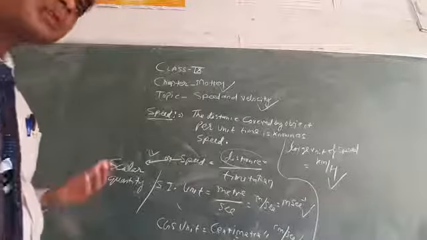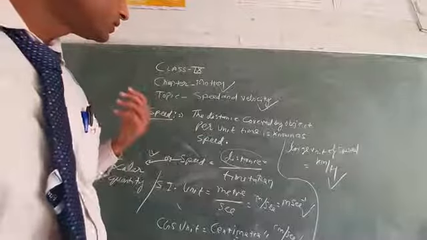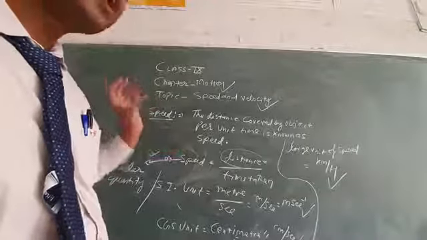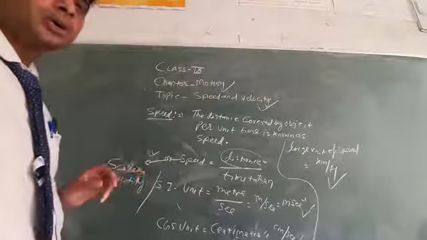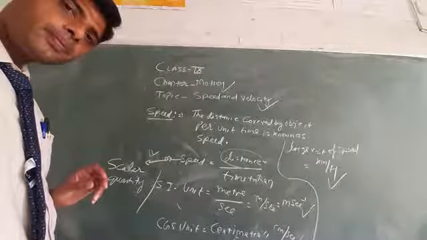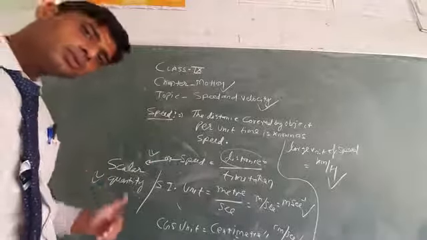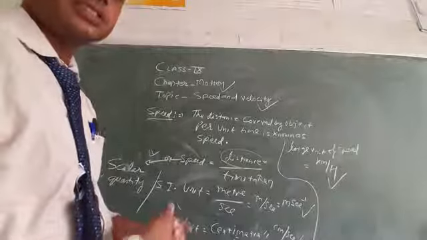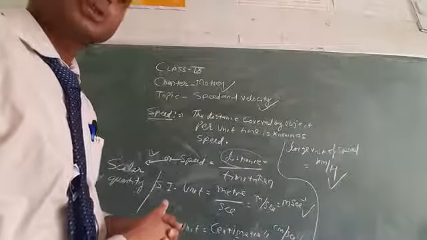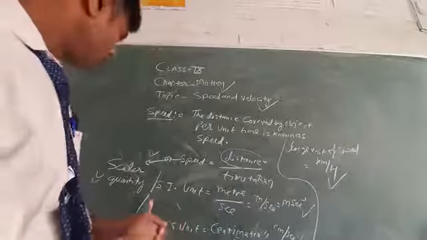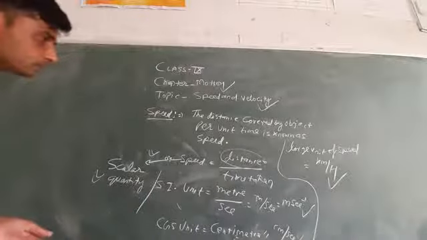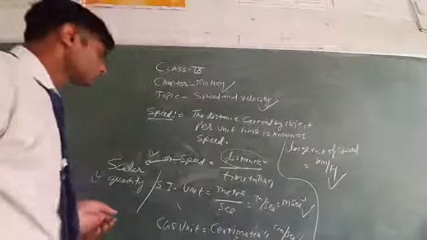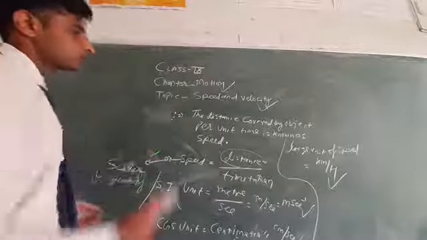In vehicles there is a speedometer to find the speed of the vehicle. Okay, an odometer is used to find the distance traveled by the object during the journey. Okay, so now the second, velocity.